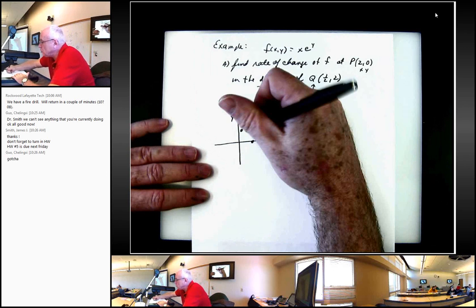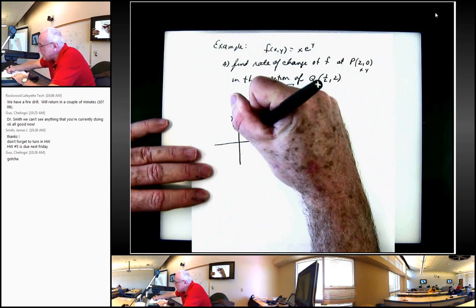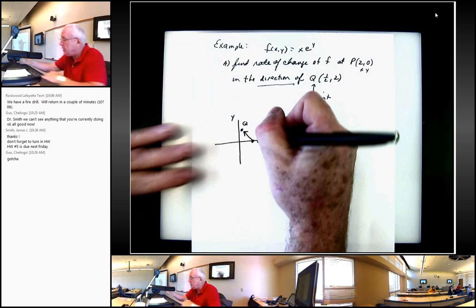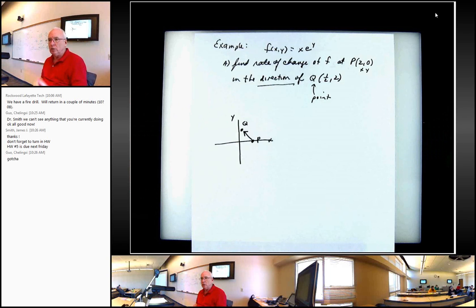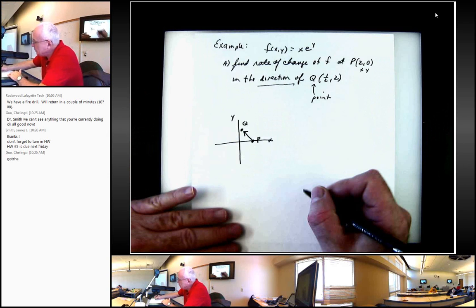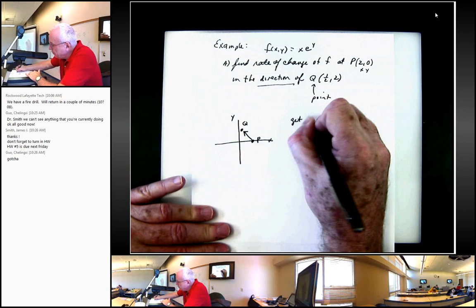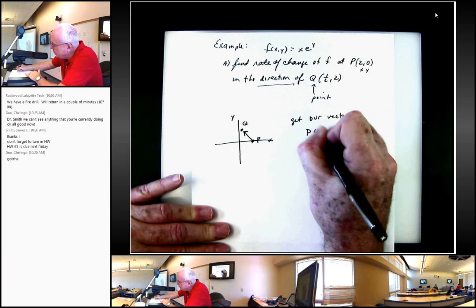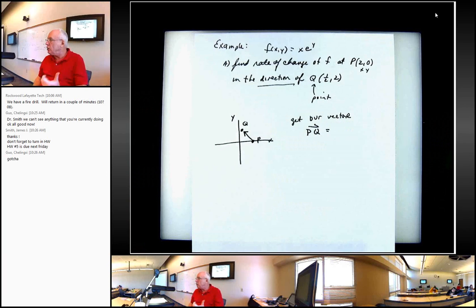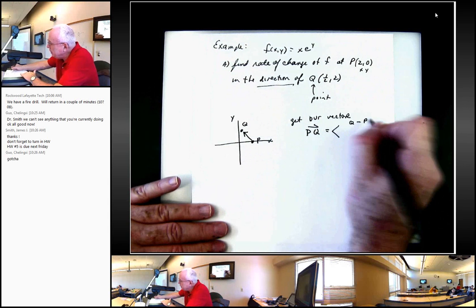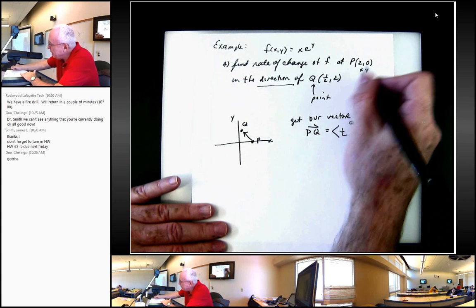So we're looking at this vector, which is the difference of q minus p. This is our q here, this is our p, so we have to do a little work to get our vector by subtracting. We can write our vector as pq with an arrow above it, and that's going to be q minus p. So that's going to be 1/2 minus 2,